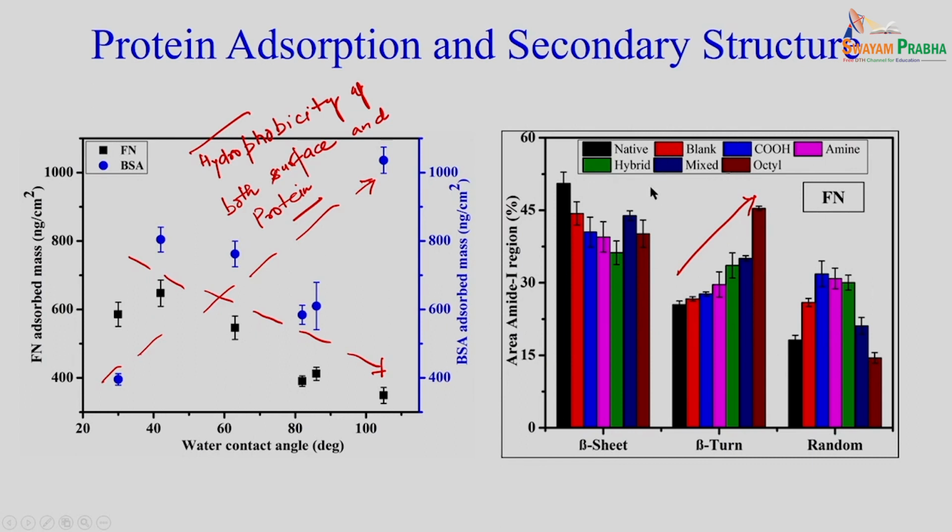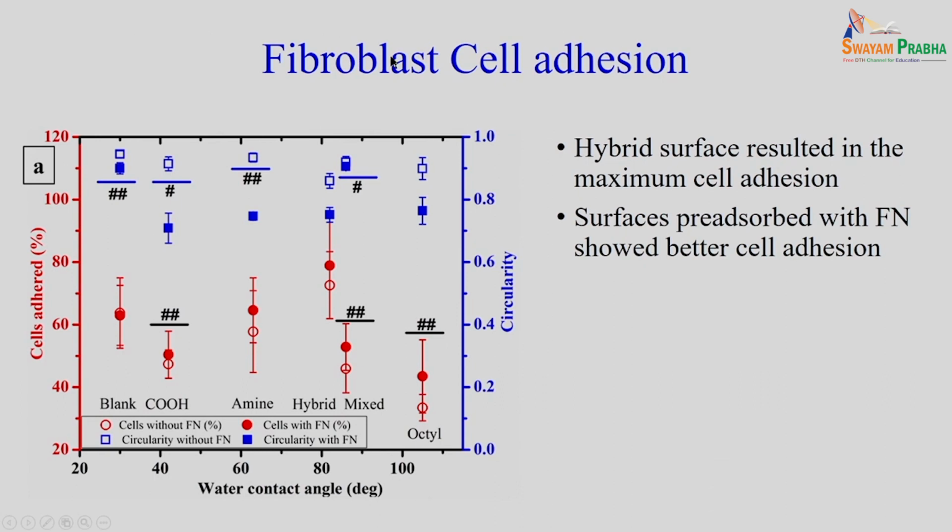So, we will try to relate this particular trend to cell adhesion, because fibronectin is a cell adhesive protein and it has the RGD motif, which is present in the beta turn. If there is more beta turn, it means the RGD loops or RGD domains are more exposed, which should facilitate better cell surface interactions. So, we have used fibroblast cells for cell adhesion studies, and here